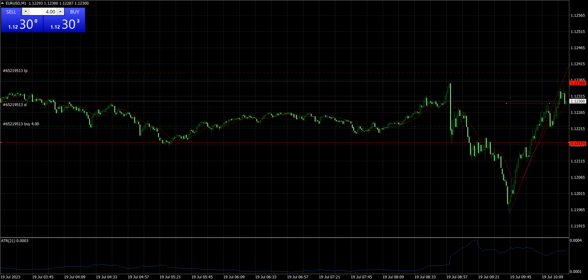I trailed my stop. Benefits of using trailing stops. At least you collect something. You're not going to be right 100% of the time, but if you use a trailing stop, you will collect on these little movements in your favor. Beautiful. I love it. Absolutely love this. I love what I do. Love trading. Win or lose, learn something every day.